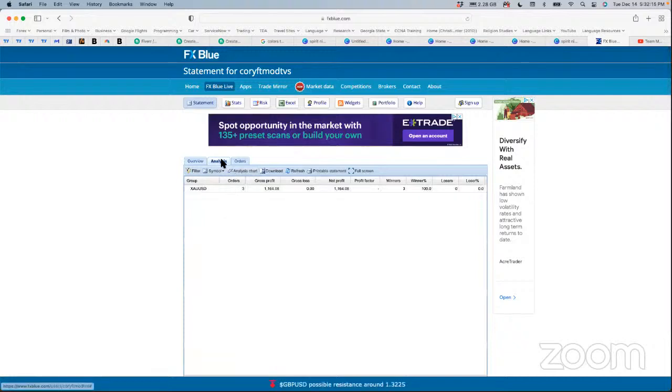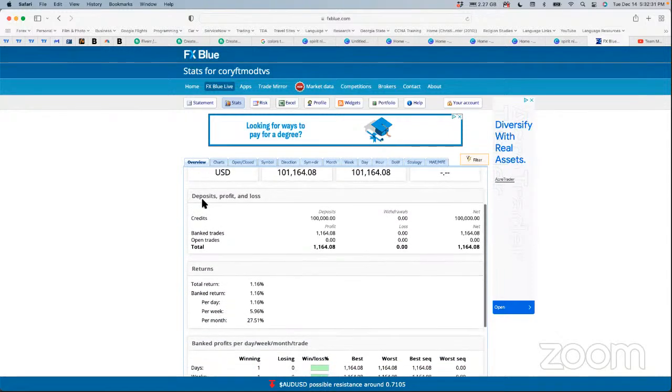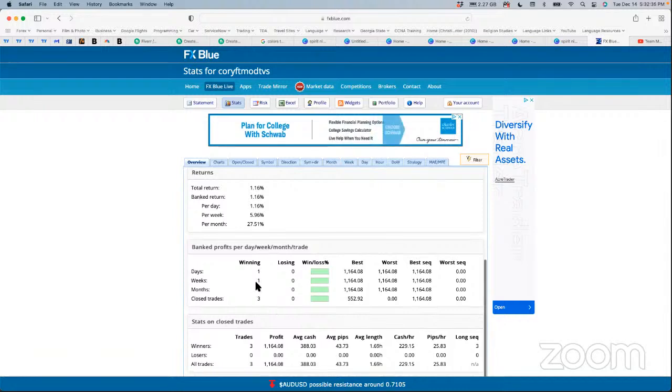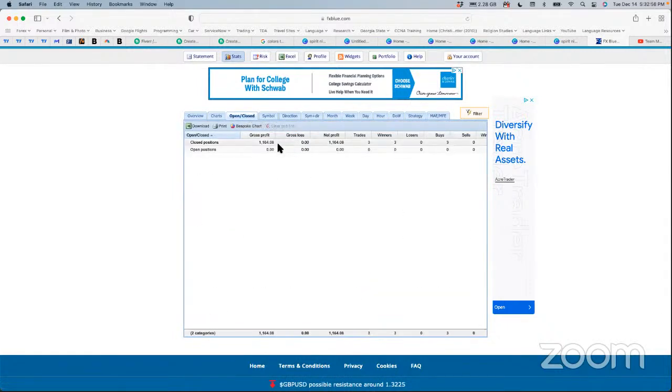And then alongside that, you get analysis about the trades that you've taken, any orders that you still have open. And then under stats, you can dive a little deeper into that as well, right? You can see number of days, number of weeks, number of months, and the number of total trades that you've won or lost. And you get to see all of the data about best, worst, best sequence, best series, worst series, winners, losers, all trades, right? You can go even deeper, seeing what your closed profits compared to open profits are, what symbols you've traded. And this is important because